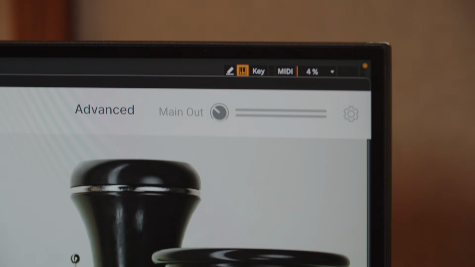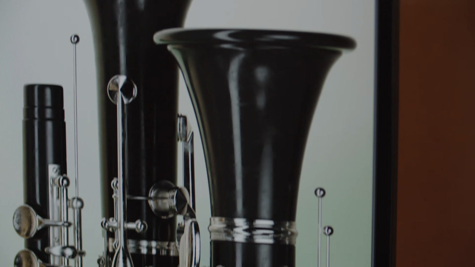It's worth noting that the macros are unique for each preset, giving you tons of variety to craft your own sounds. The visuals represent your layers in real time, so you'll see them change depending on your combination of real, hybrid, or synthetic woodwind sounds.